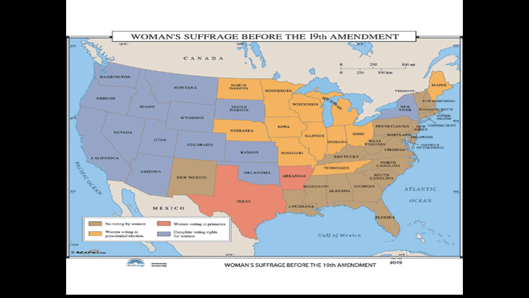All right, so this is women's suffrage and how it looked before the 19th Amendment. So if you look at the color, look at the keys, just take note of which states had complete voting rights, limited voting rights, and where women could vote in various states. Notice North Carolina, no voting for women. Shock. But a lot of states joined us in that company. There was a lot of states that did not have it.